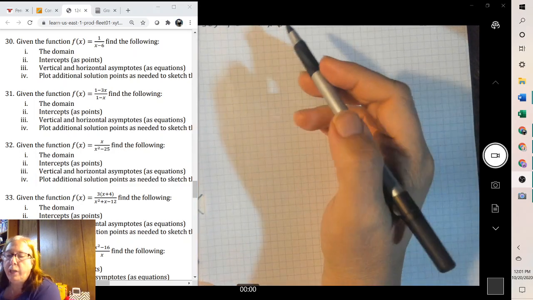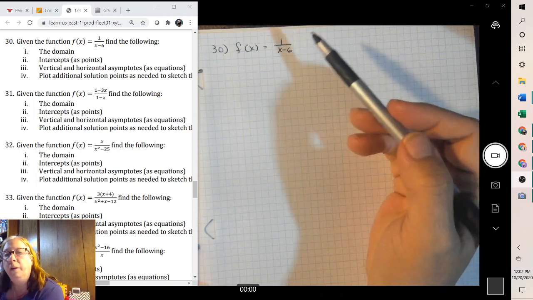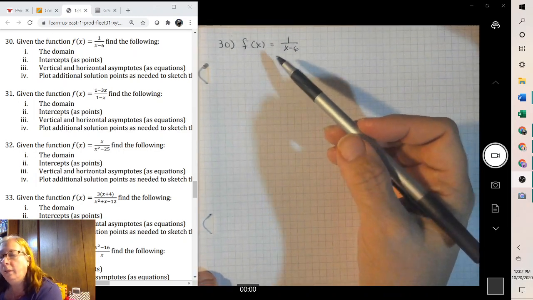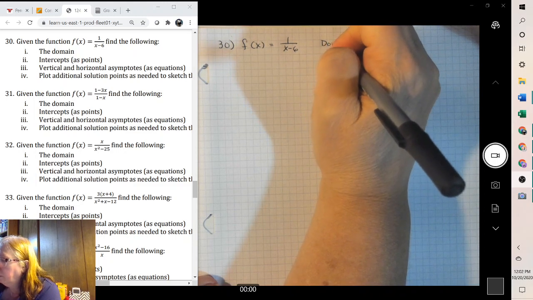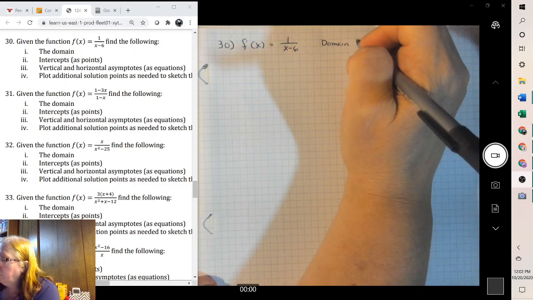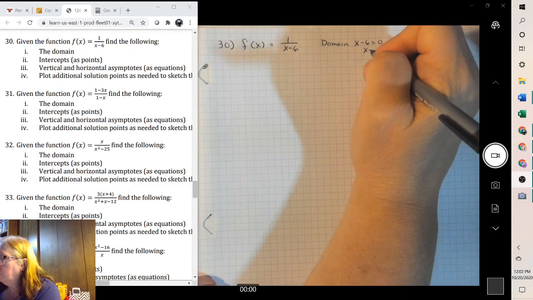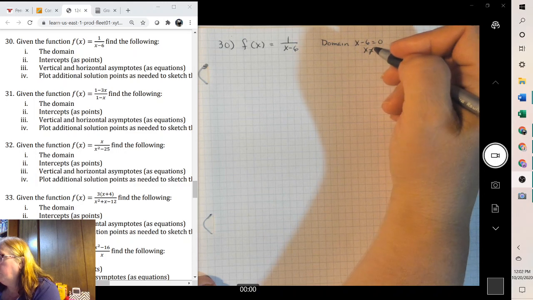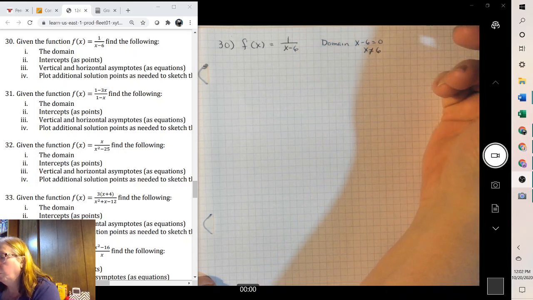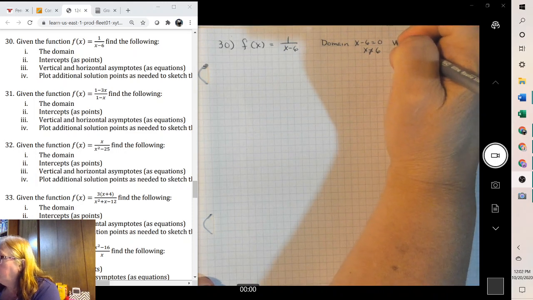Hello, I'm Mrs. J, and today we're going to work on the graphing of the rational function, starting with the number 30. And when you're graphing these, the first thing you want to do is find the domain. Domain is found by setting the denominator equal to 0, so x cannot equal 6. This also gets your vertical asymptotes in your open circles. Since this will not reduce, it's a vertical asymptote